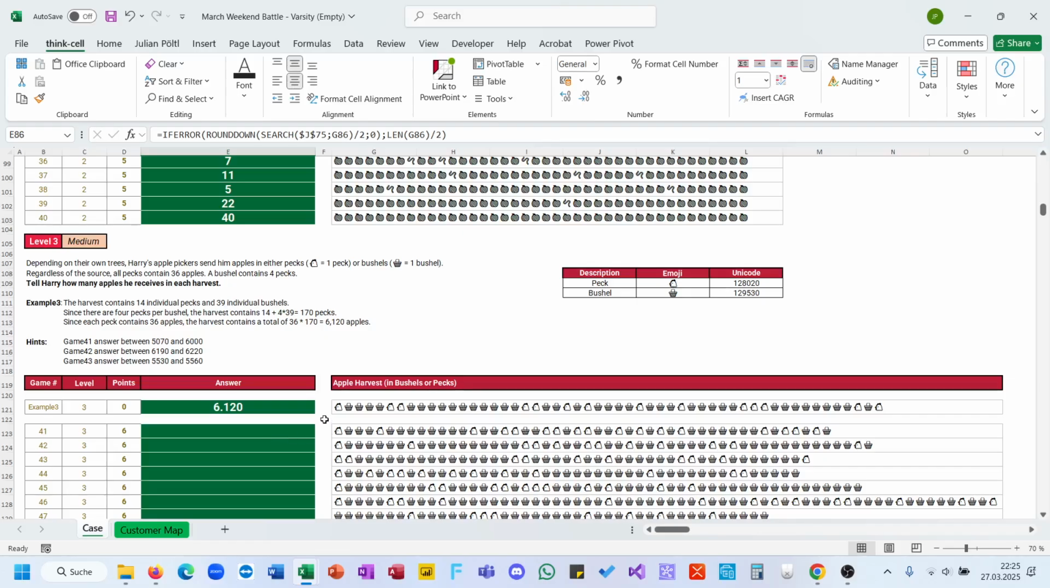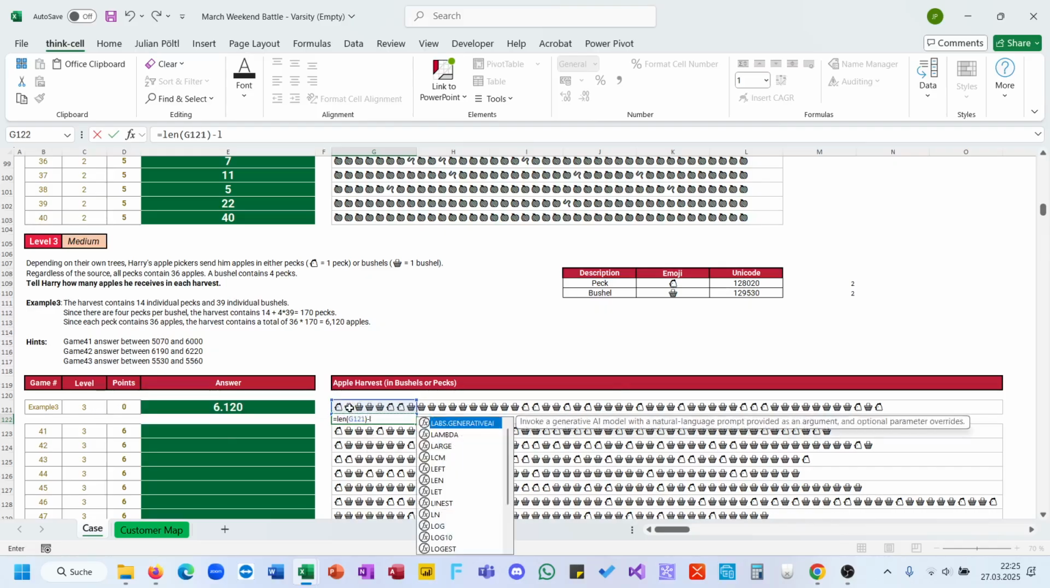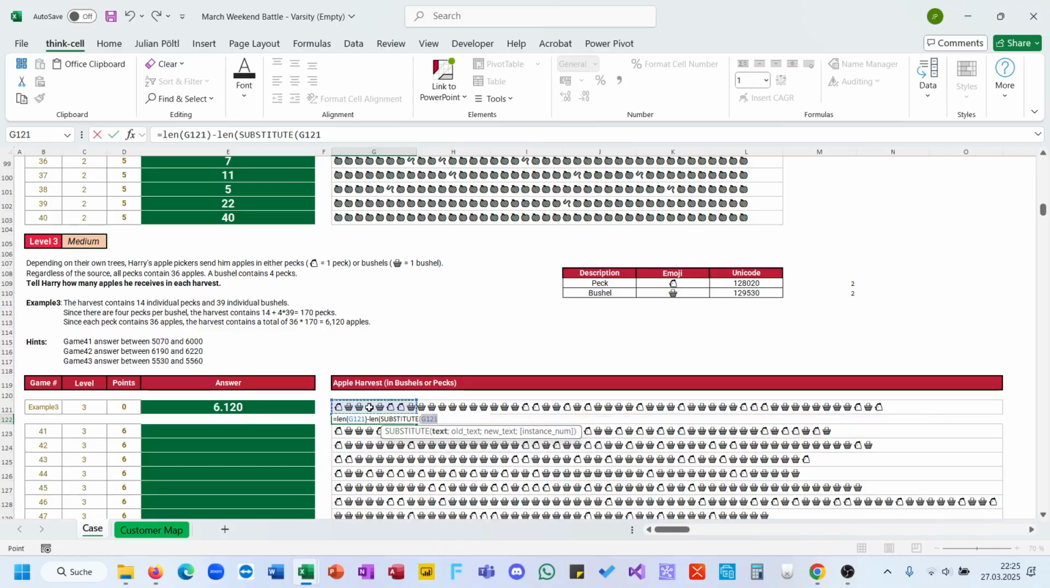Okay, so it's basically the same except for bushels and pecks are different. And it's a different calculation. Oh no, it's the same calculation. Okay, the question is how long is everything? 2. Okay, len of this minus len of substitute this, substitute that, the hen out against nothing, divided by 2, but first